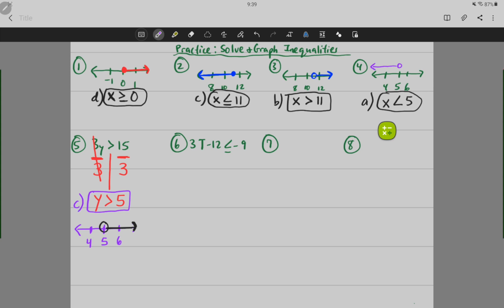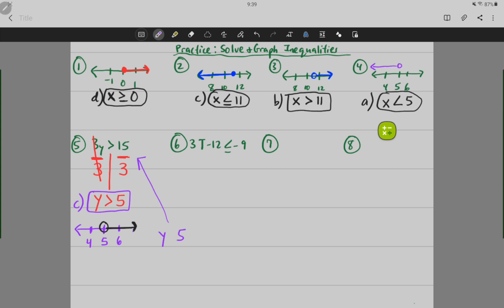Also remember, one of the other differences between an equation and an inequality is an equation would just have one answer, one solution, such as y equals 5. That means if I substitute it in, if it was an equation, 3 times 5 is 15. 15 would be equal to 15. That's the only number that would make that true. But